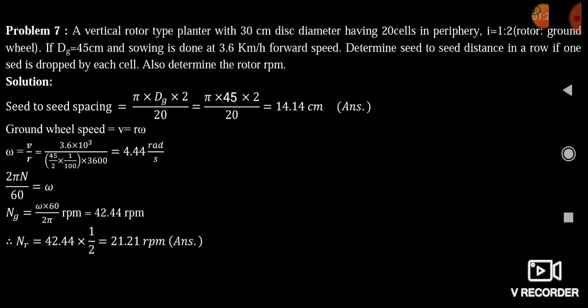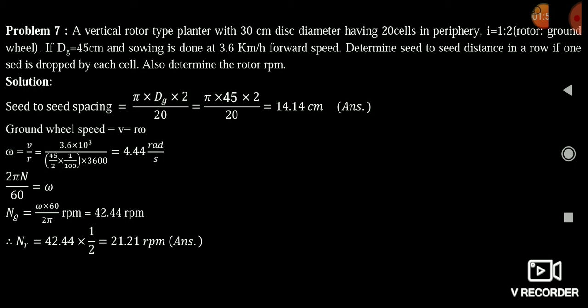What is rotor, friends? Here I am going to tell you a very important concept, so you should listen to it very carefully. Our rotor is present in the planter or seed drill. When it will rotate one time, then one seed is dropped from each of the tubes or each of the cells. Means when our rotor will rotate one time, then each of the tubes present in the planter or each of the cells present in the planter will drop one seed from its tube.